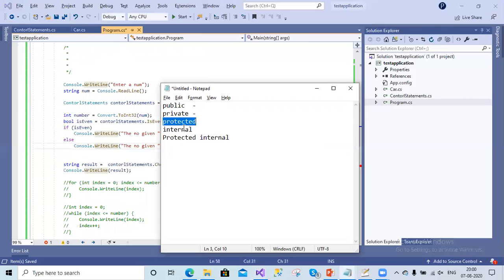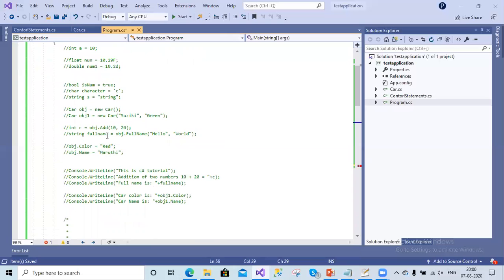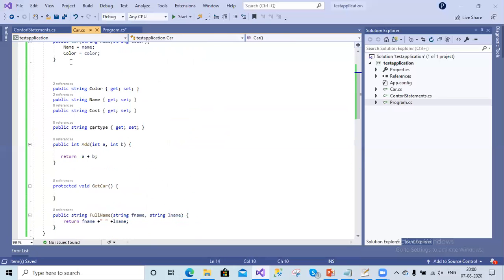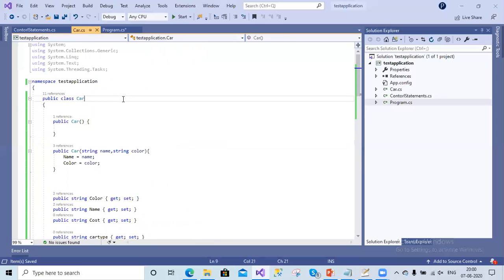And internal is, simply, if you take the class example, this car. Every class in C# has internal by default. So internal is the default access modifier for the class in C#. That means if you give internal for a class before the class, this class will be used only within this project.